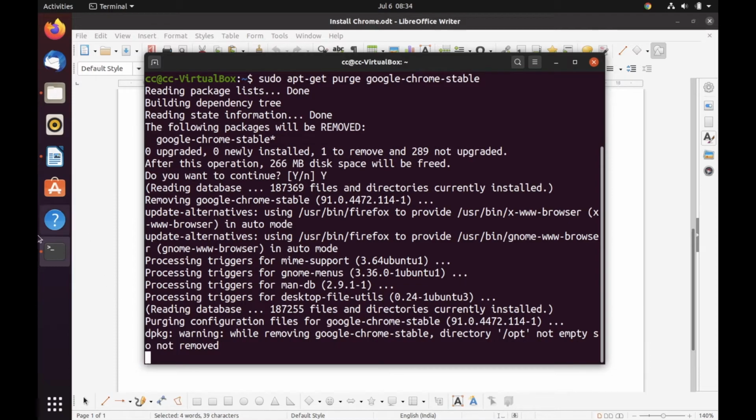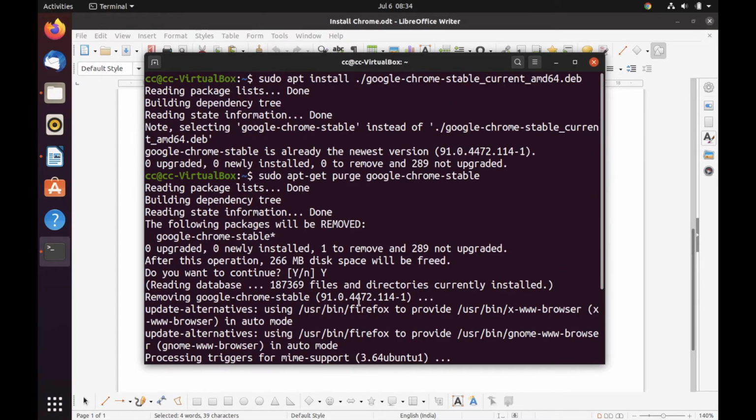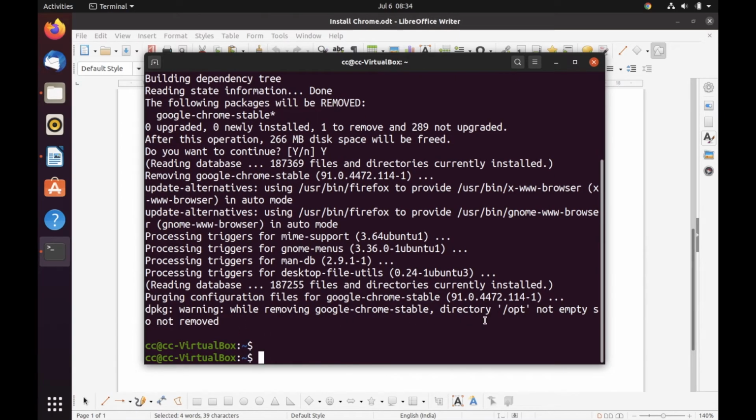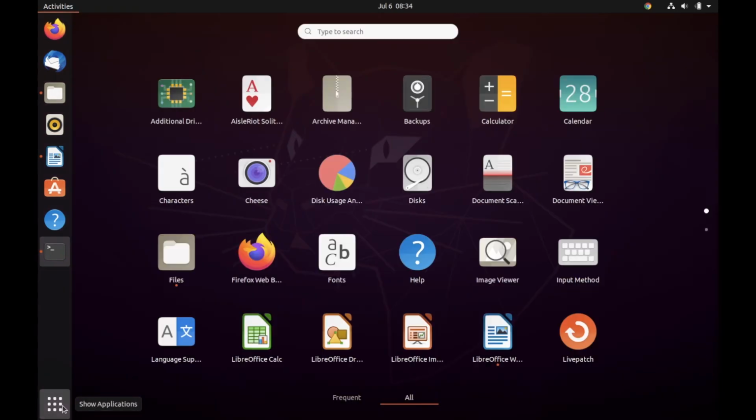So this will successfully remove Google Chrome from my Ubuntu system. Let me hit enter. Now I'll go over here.